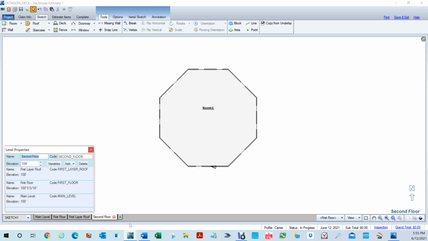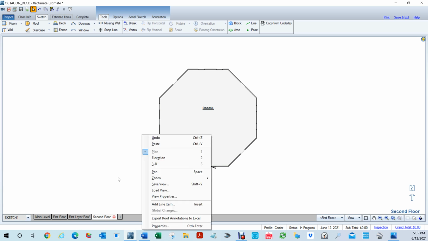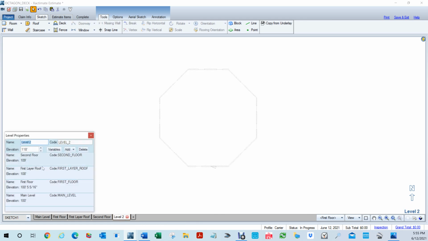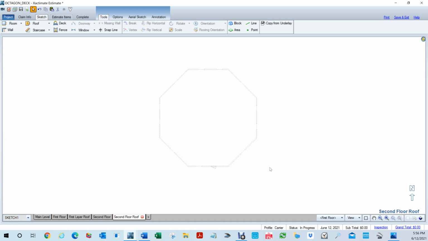I'm going to add a layer. So 109.8, so 117. Okay, so I right click, or no, here, just hit plus right here. Okay, and this is going to be second floor roof. And you see how it has 118 because it automatically does that extra foot, but I'm going to change it to 117. Okay, now,